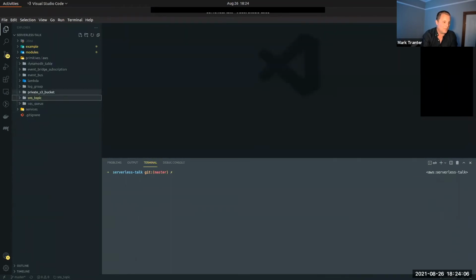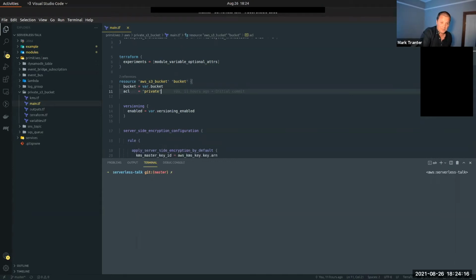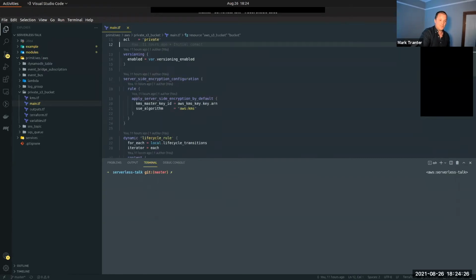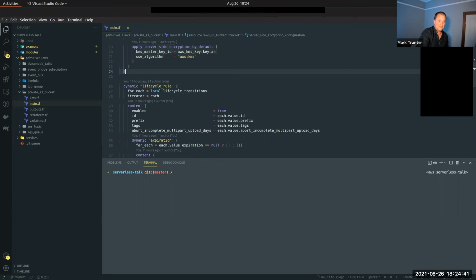Something a little more complex. S3 buckets have been a massive attack vector vulnerability for a lot of companies recently. They've left their buckets public. Had they taken this approach of creating a generic module for all of their private S3 buckets, and their engineers just use this module, they wouldn't have this problem. So we can bake into our S3. We can say at our company at equalexperts.com, we create all of our private S3 buckets with server-side encryption configured.